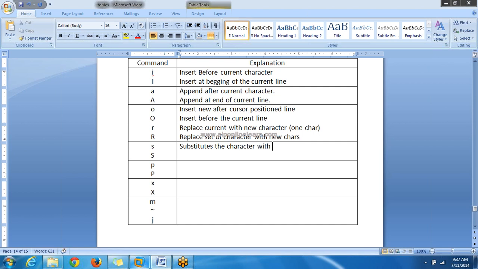And this capital S substitutes the current line with the supplied text.